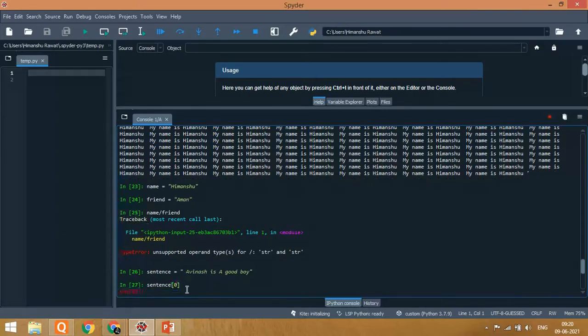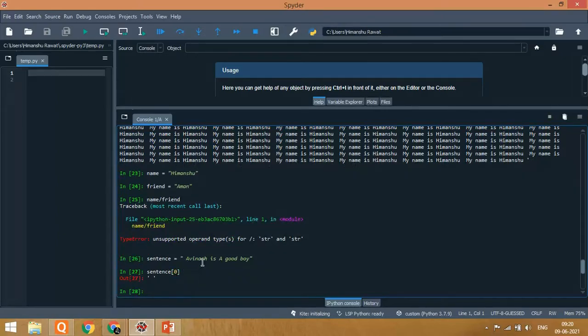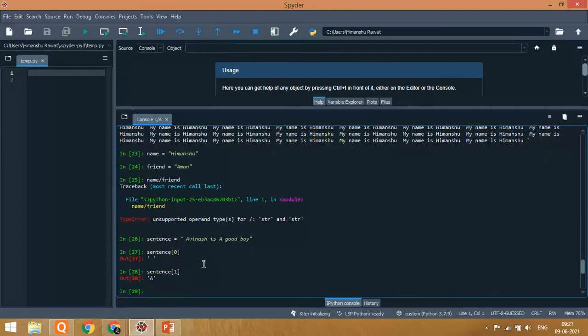We'll get a space. We have put a space over here, that's why it is counted by Python. So space is 0, A is 1. Then we type sentence square bracket 1. As you can see, we get A.